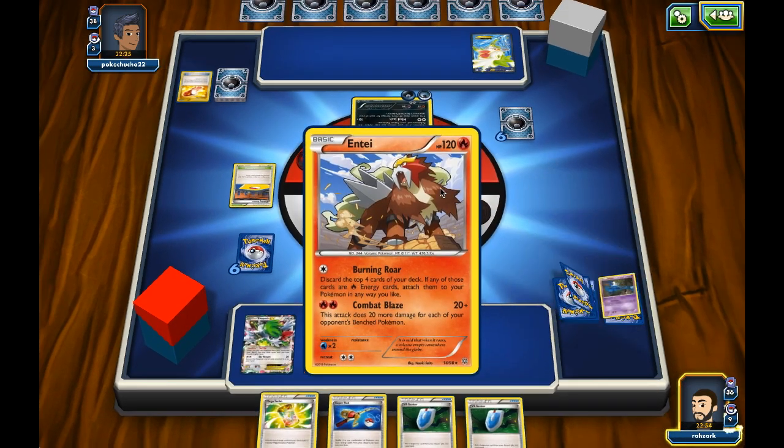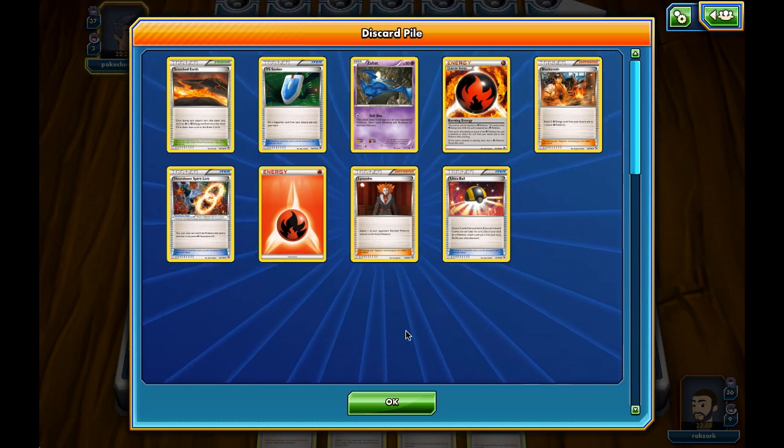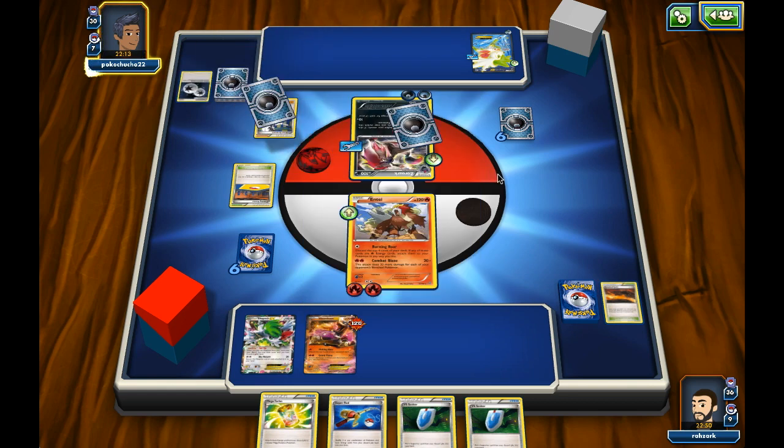Maybe it's energy. Let's see. Yeah, we got an energy, but not the one that we wanted. Ugh, I would love to draw that Scorched Earth sooner, but now it's in the discard pile. It doesn't really matter. We don't have energy anyways, but our opponent actually opts to put that energy on the